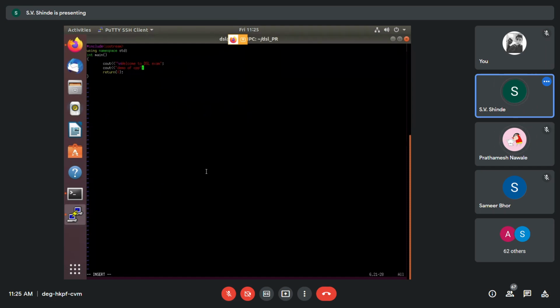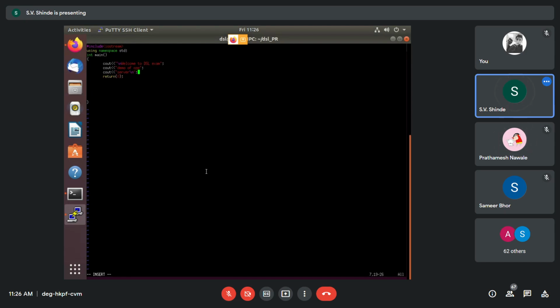Press I, so you will go into insert mode. Move the cursor to the position where you want to insert the data. You can edit anything over here as you are doing on a local system. Now you are on the server. So I give some \n so that the output will be clearer.